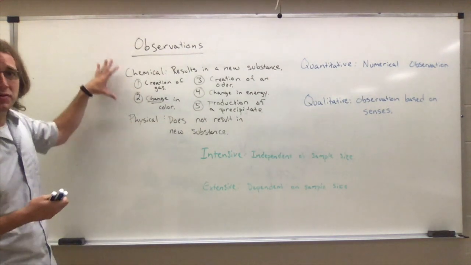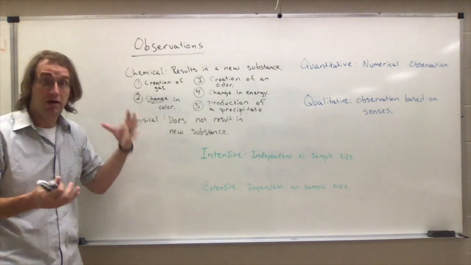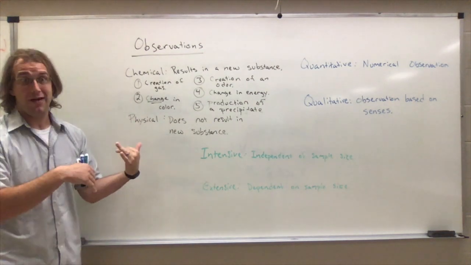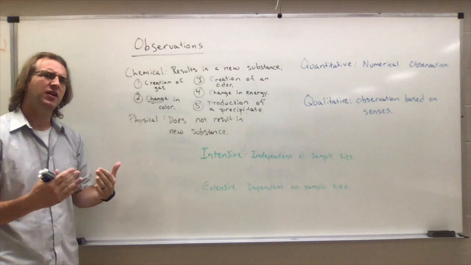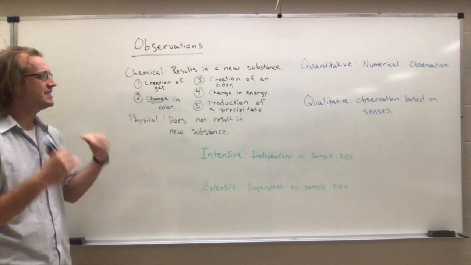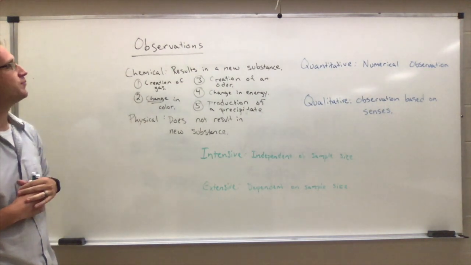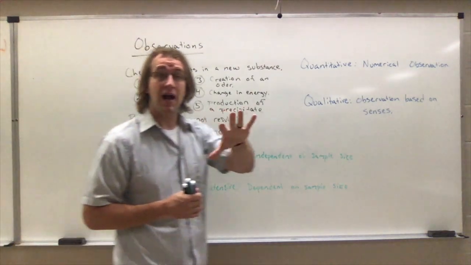I'm just describing the physical substance and how it appears to me. So big piece when we start to look at our labs in particular: did we have a chemical change? Did we not have a chemical change? These are things we can be looking for to key us in on whether or not we've had a change. Another way we can start to classify our observations